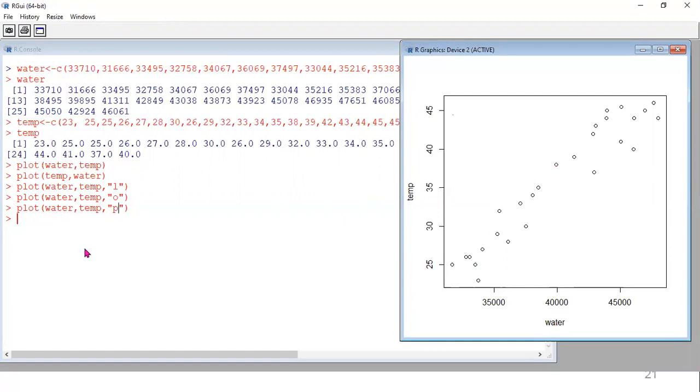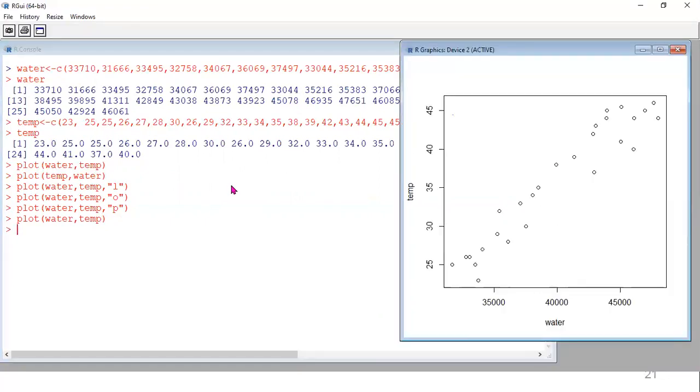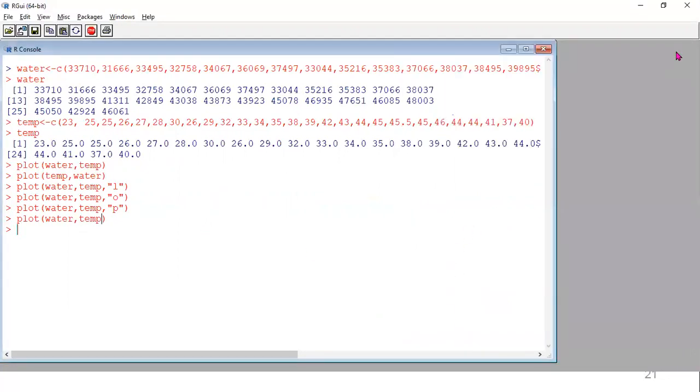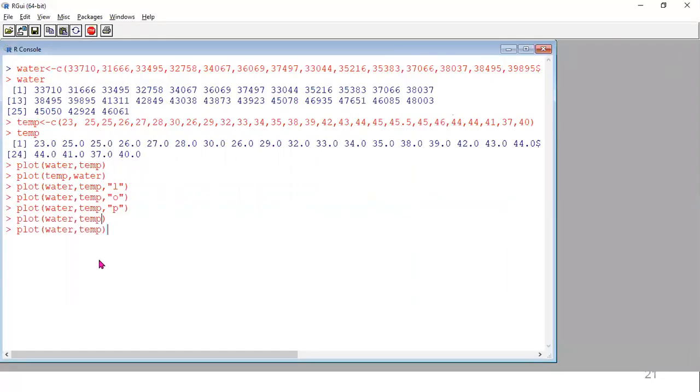You can see, if you want, you can remove P and test it. It's the same. By default, it takes P in the scatter plot points. Next one, after P, next you can see B for both.